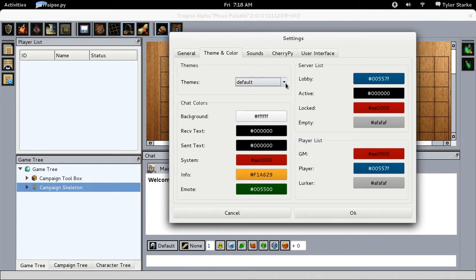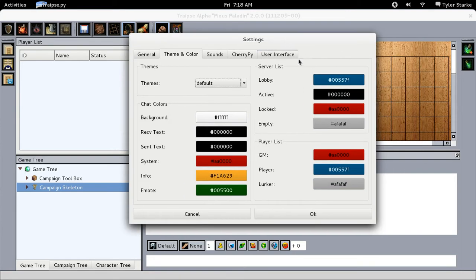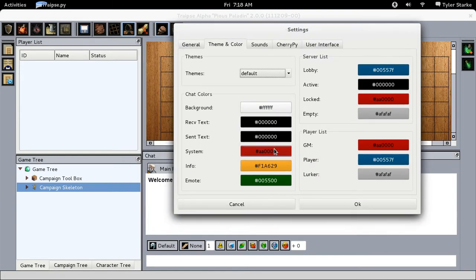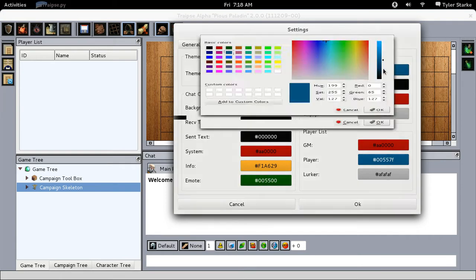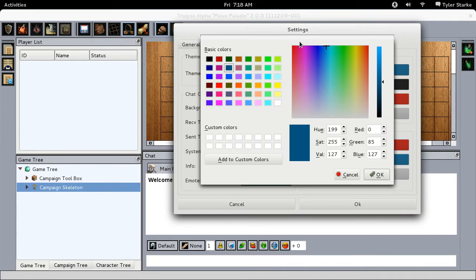And then here we have the theme engine, which isn't fully integrated yet, but that'll be added later. And then all of the different colors. You can obviously change all of this. I don't think the background works right now, but the receive text, sent text, system text, info, and emote text, all that changes. And all you have to do is click on it, and then change it to whatever color you want. You can change it to any of these